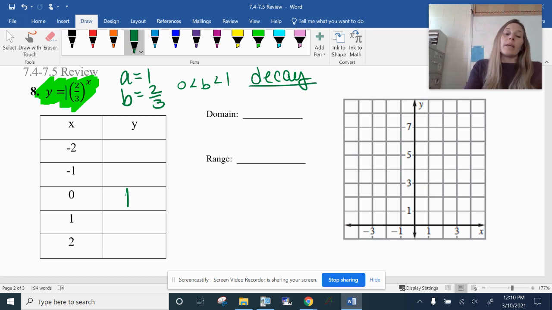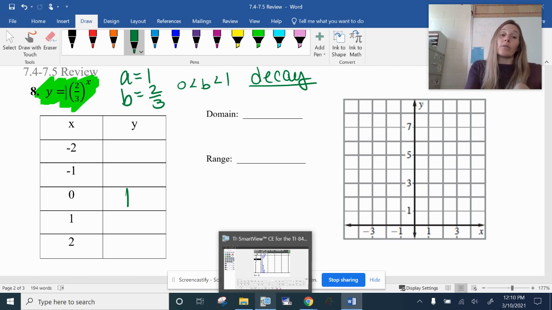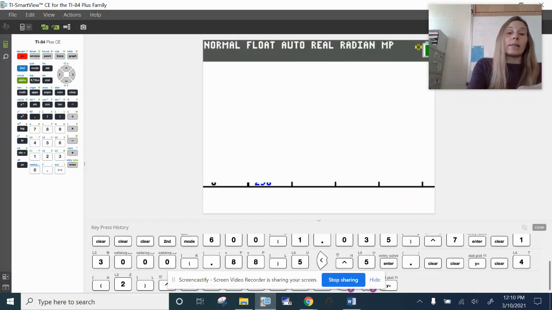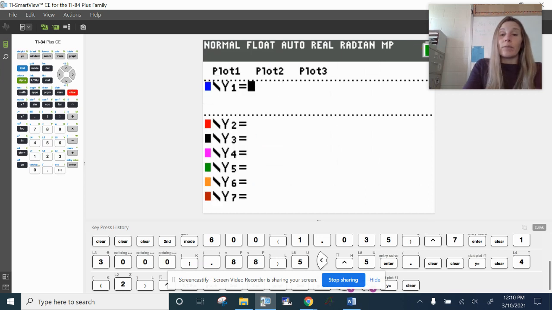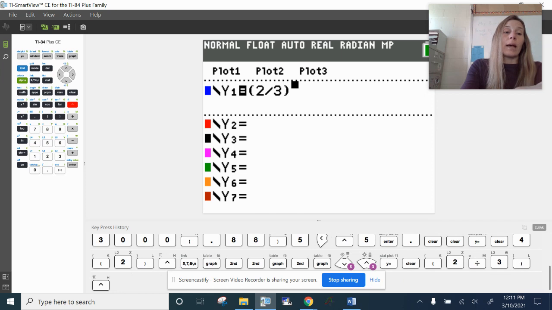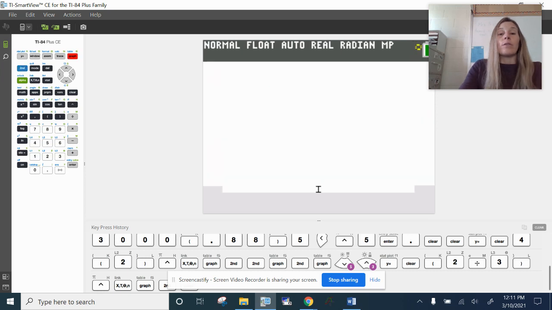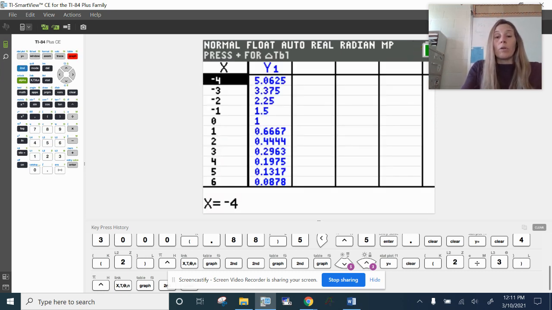So if I want to get my table filled out on the graphing calculator, I could either do this by hand or on the graphing calculator. So I go to my calculator, go to y equals, clear out the previous equation. Now this one was a fraction, so we're going to do parenthesis 2 divided by 3 parenthesis, and then we're going to raise that to the x, which is this variable key here. Graph it if you want to see it as a decay function, which we're expecting. If you go to second graph, you will get that table. So going down to the